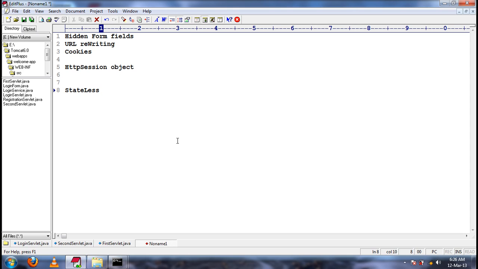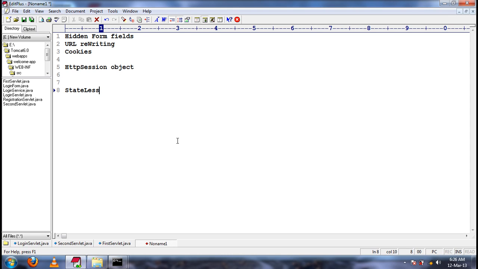So 100 times the interaction is done, and the data or state of the previous interaction will not affect the current interaction. If I send 10 requests from the same browser to the same server, those 10 requests are completely independent. They will not depend on one another. So the state of one interaction will never affect another interaction. That is what a stateless protocol is, and HTTP is a stateless protocol.